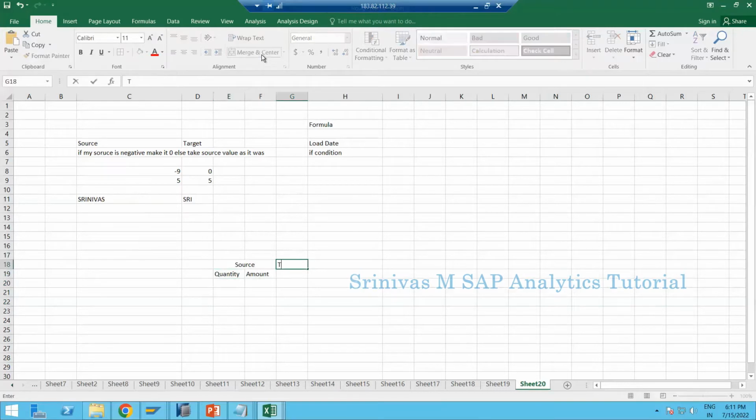Now in the target, I have a column called net value. Net value is a multiplication of my quantity into amount. For example, if I am getting a quantity of 10 and an amount of 5, then I need the net value as 10 into 5. If I want to perform this kind of arithmetic operation,